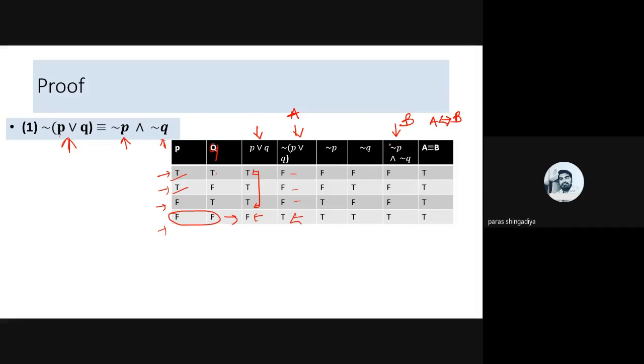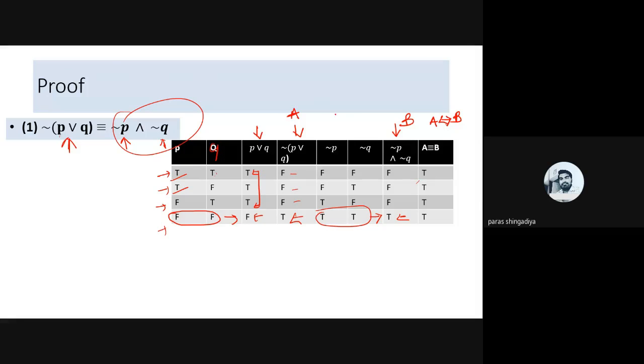And then apply the AND operator between these two columns, so negation P and negation Q. And what is the meaning of the AND operator? If both values are in the form of T, then it will become T. And in all remaining cases, it will be false. So write down here false for F, F, F, and the last row will become a T.